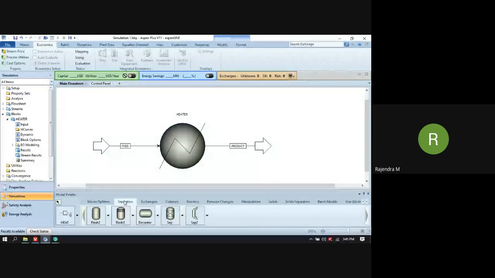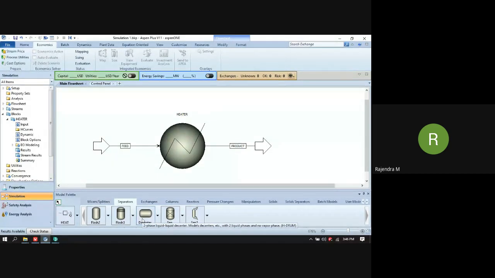This separator section does not include the distillation columns. It contains simple separators like the vapor liquid separator. Then we have the three-phase separator, VLL, vapor liquid liquid. Like a decanter, there is also another decanter over here. So we have the two liquid phases.